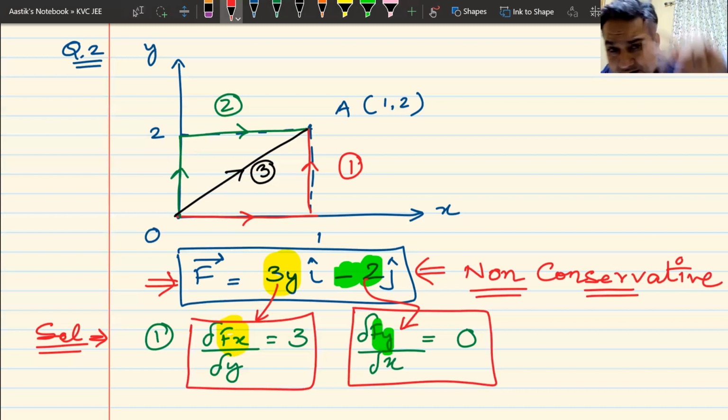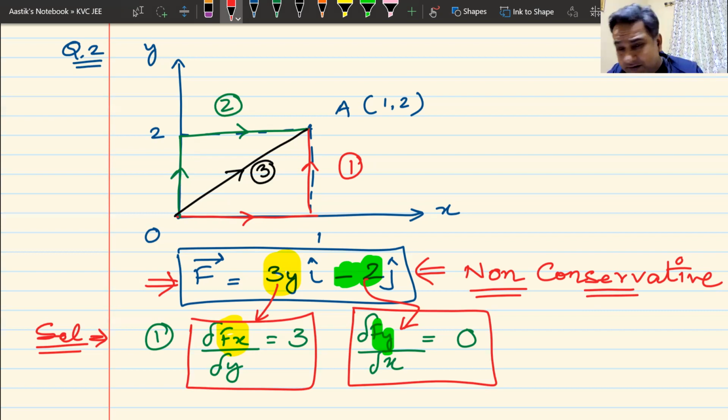We had found out 2 answers, and those answers were, since it is a non-conservative force, the work done in all the parts would be different. Do we remember this? Can I have some raised hands? It is a non-conservative force, so work done in all the parts will be different. So option number 4 is incorrect. The other option was, is it same? No, it is not same. The other option was that work done in all the parts were same.